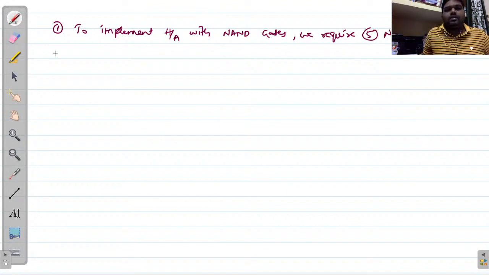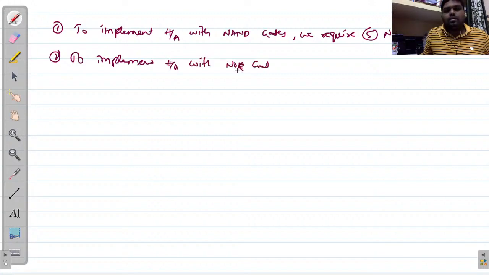Okay, the second point: to implement a half adder with NOR gates we require